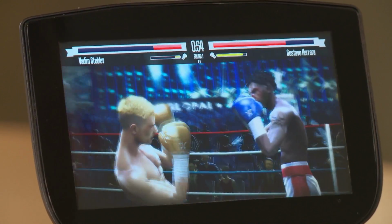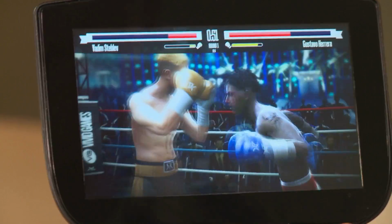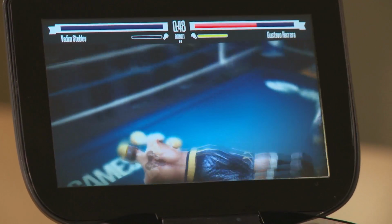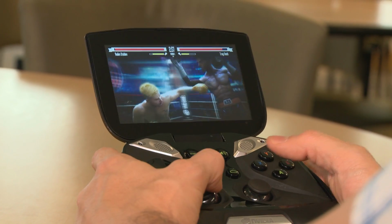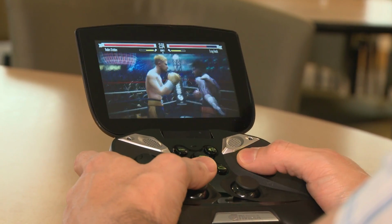So as we're playing, notice that these moves, they look real, right? And that's not by accident, because the guys at Vivid Games, they spent some time to motion capture real boxing moves. So real boxing will be coming to your Tegra 4 tablet, to your Tegra 4 smartphone in the near future, but if you want to take your gaming to the next level, you're really going to want to pick